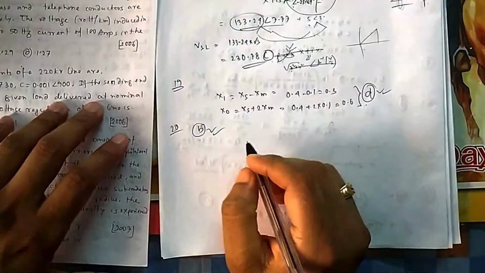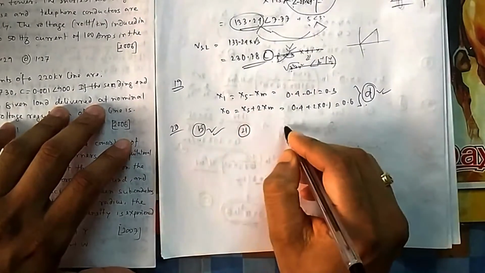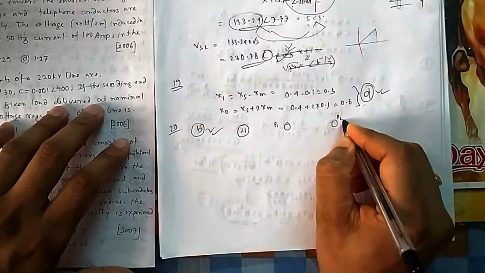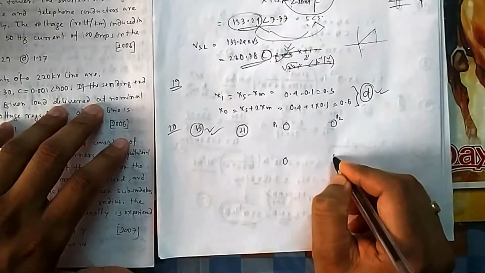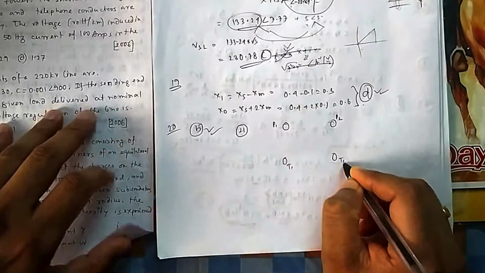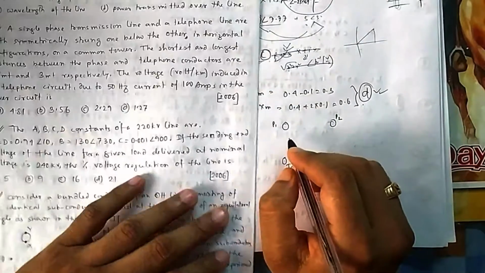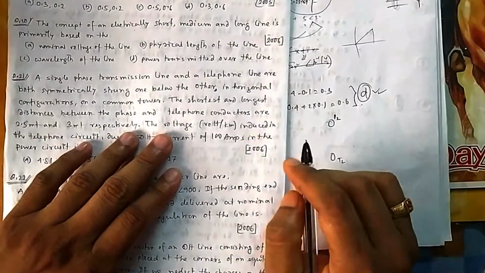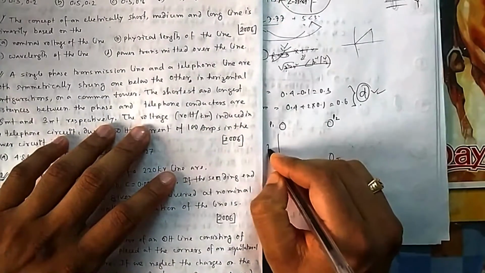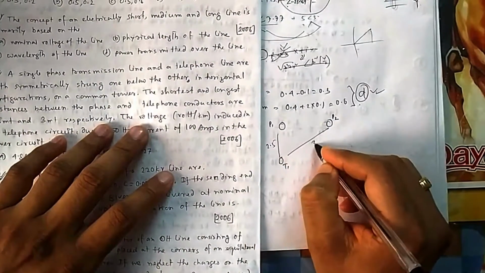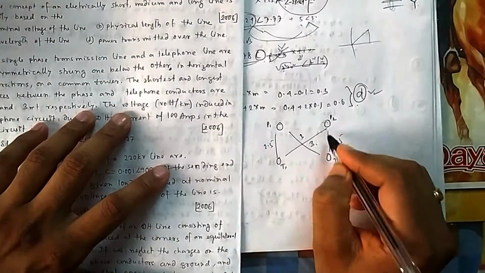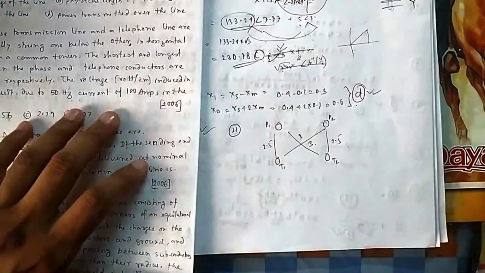Okay, so my configuration looks something like this. This is your power lines, suppose line 1, line 2, that is phase 1, phase 2 you can say. And the shortest distance, just below one another, and the longest distance between the phases. So if this distance is 2.5, this distance is 3. Similarly, if this is 2.5, this distance is 3. So this is the shortest distance, this is the longest distance.